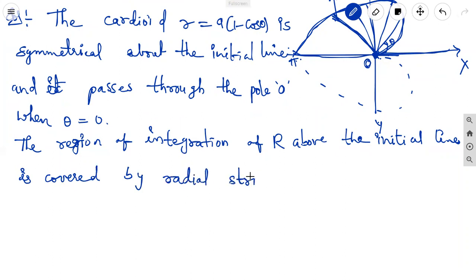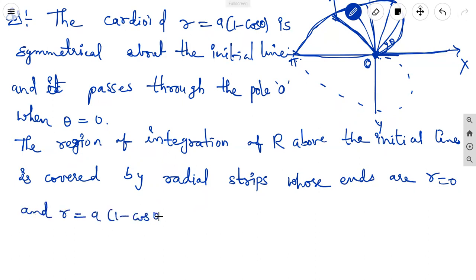Radial strips means the radius r equals a into 1 minus cos theta. When theta changes, the radii change, so those are called the radial strips. Radial strips whose ends are r equal to 0 and r equal to a into 1 minus cos theta. And these strips